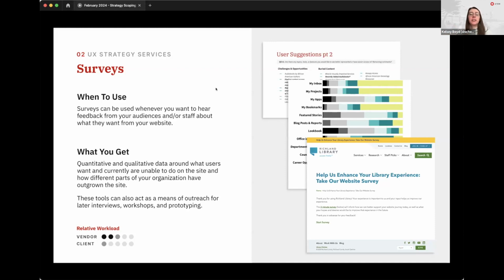Often we find when we're handed a survey that's been done in-house that we find a lot of demographic data that is not necessarily always relevant to the site that we're doing. For example, we are not going to make a different site depending on gender or location, but do want to be able to filter the data